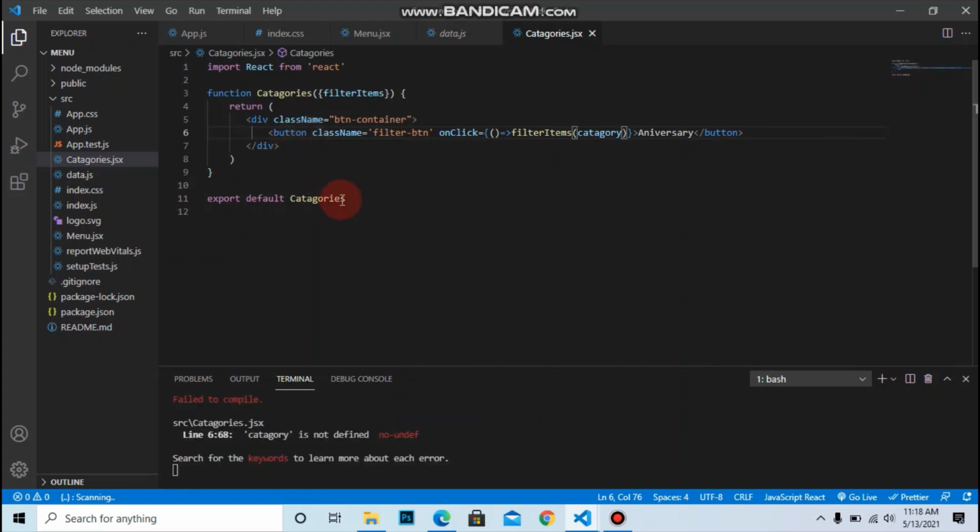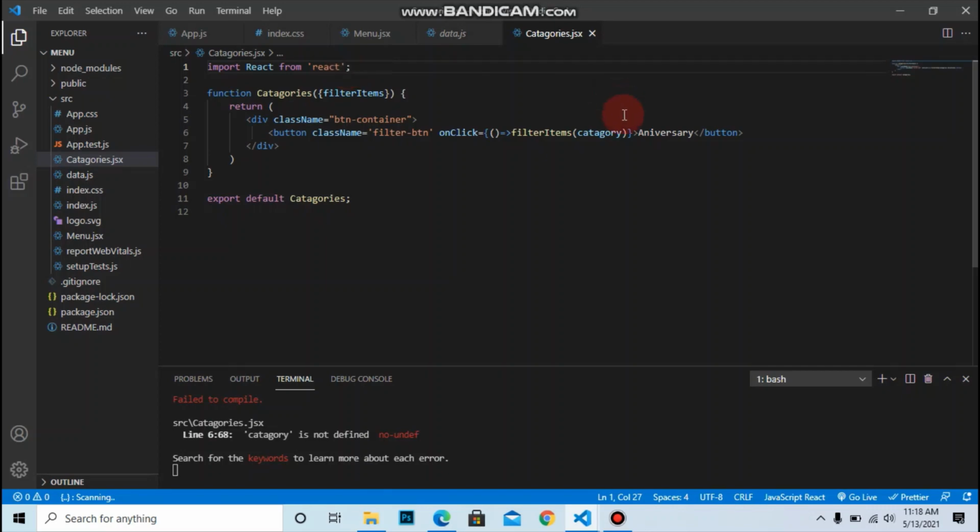Let's save it and get back to the browser. Category is not defined. So category is not defined, that means button container, filter button, onClick, filter item.